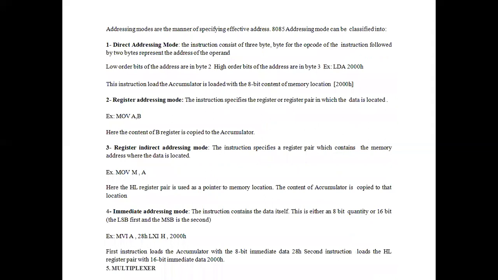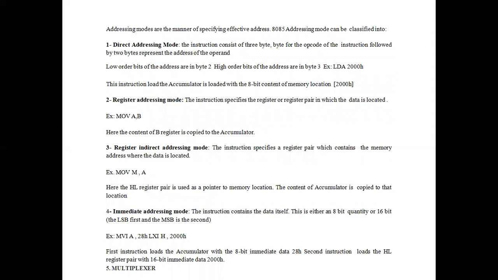Next, we are going to see the addressing modes of 8085, which are classified into 5 types. That is direct addressing mode, register addressing mode, register indirect addressing mode, immediate addressing mode, and implied addressing mode. The instruction which directly addresses is said to be direct addressing mode.